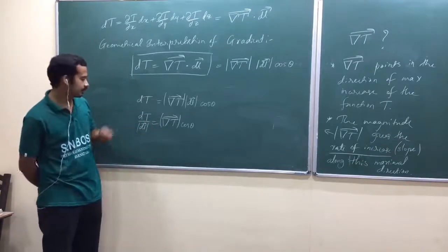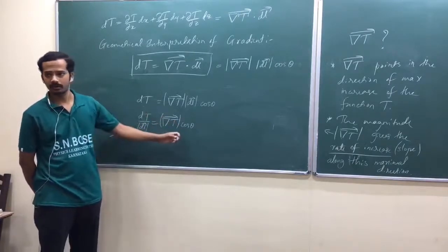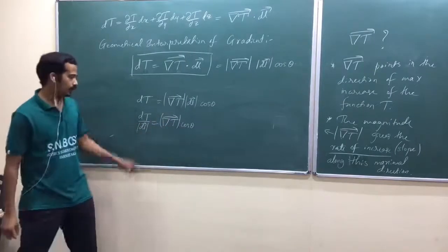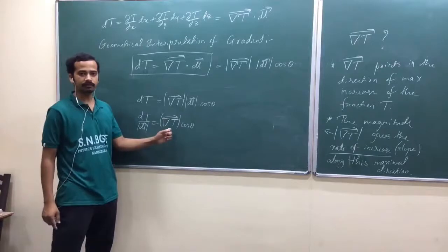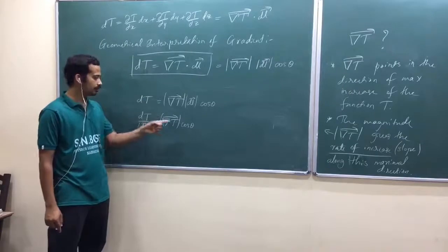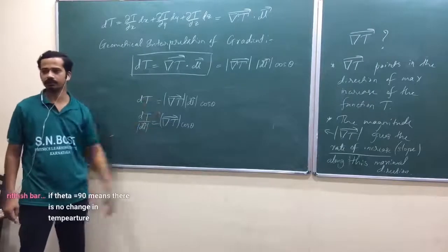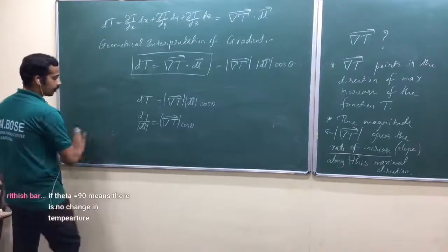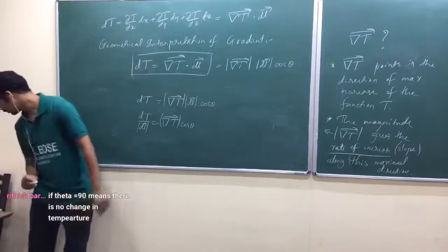Look at here. This expression itself says that when theta equals 0 degrees, you get the rate of change equal to the magnitude of the gradient. Now what is this whole quantity? We call this one the directional derivative. This is the rate of change. Obviously this ratio says the rate of change, or rate of increase, when you move in some arbitrary direction at an angle theta with the gradient. Let me try to interpret this one in a different way. This whole thing we call the directional derivative.